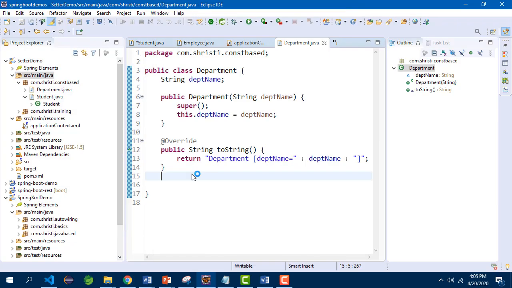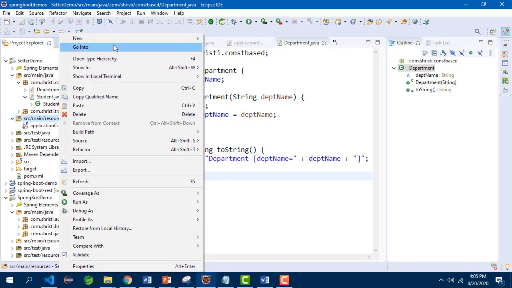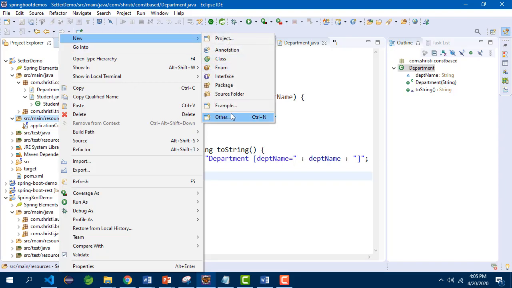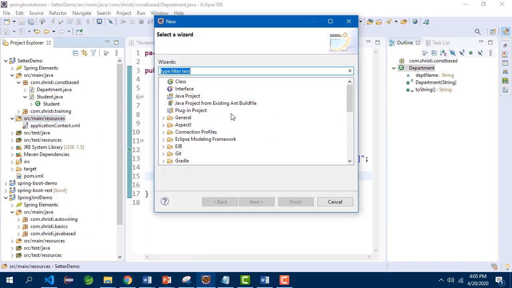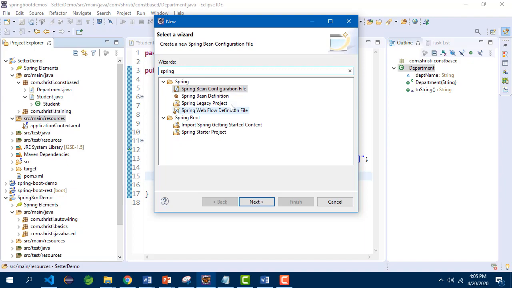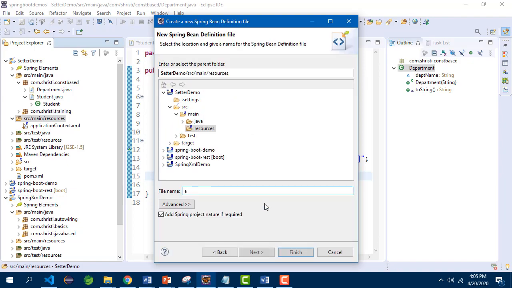Here also I am going to use XML based metadata configuration. So let me create one. For this, let me select src main resources, right click, new, other, Spring Bean configuration file, click next. Let me give the name as constructor context.xml and click finish.